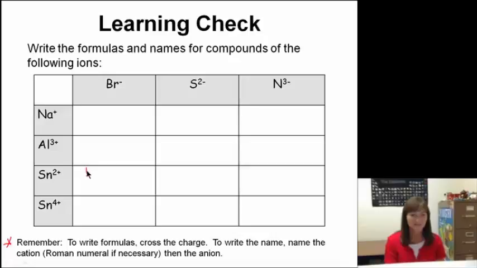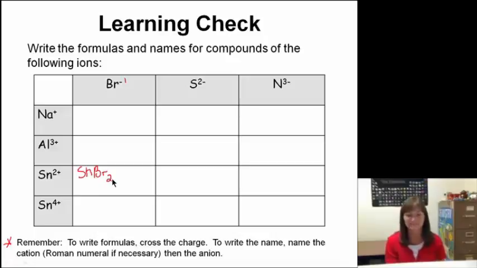So I'm going to put down my Sn. How many tins do I need? Well, I look at the charge on bromine, and it's a -1, so I only need 1 tin. So then I write down bromine. How many bromines do I need? So I look at the charge on the tin, and that's a 2+, so I'm going to need 2